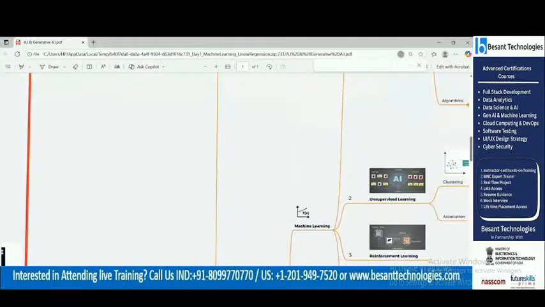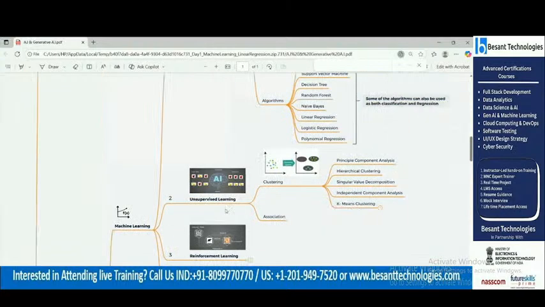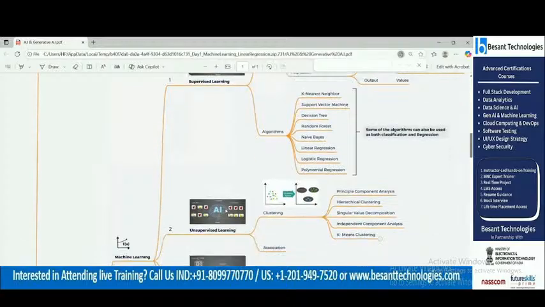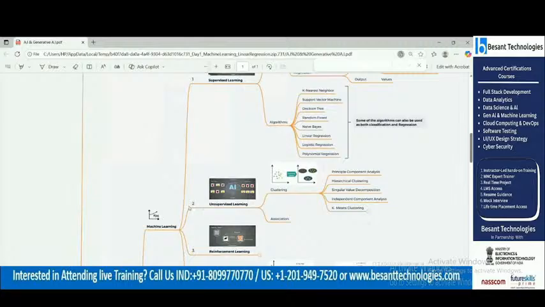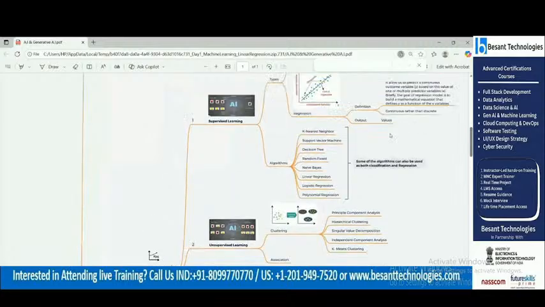So usually, for the higher level, we use only these things, but according to the batches, not for all, because sometimes they will not understand. Since you have already gone through this, I am using this for you all. You have already done this, it's all finished. So this is what we were learning, and this is done.